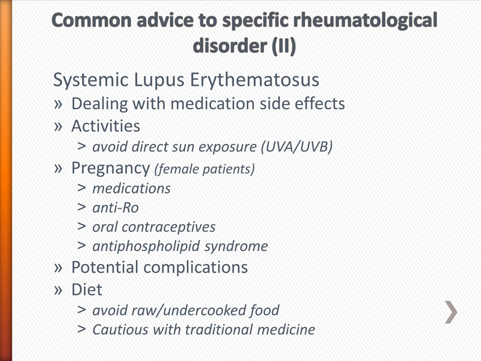Patients with antiphospholipid syndrome have an increased risk of thrombosis and miscarriages. Advise patients on the importance of adherence to medication and avoiding triggering factors, as it can lead to complications. Similarly, for all patients on immunosuppressants, they are advised to avoid raw or half-cooked meat or eggs to minimize the risk of infection. Patients are advised to be cautious with traditional medicine.